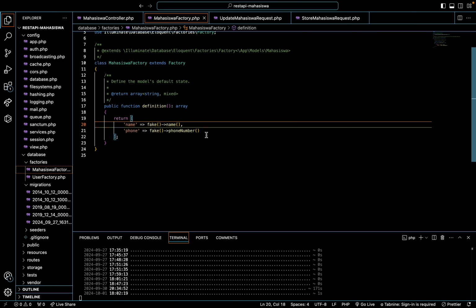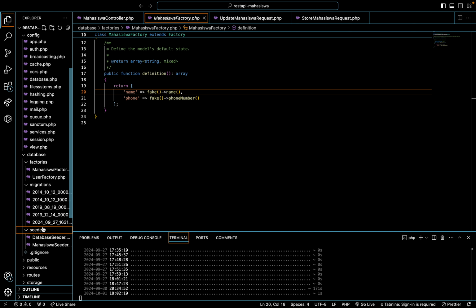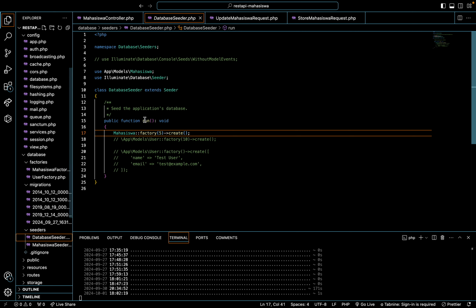Okay, after this we need to use. Where is it? Oh, it's in here. Okay, we need to add the app models mahasiswa, and because this is automatic in Laravel 10, I don't need to make that again.